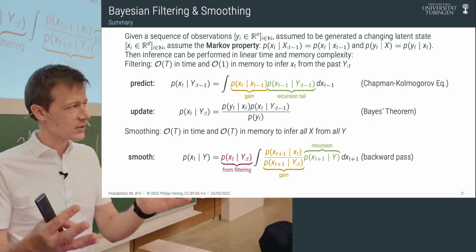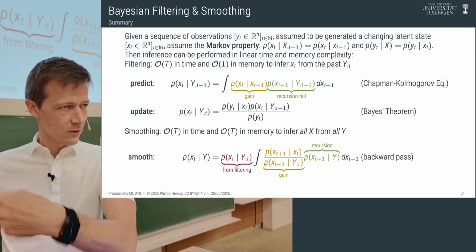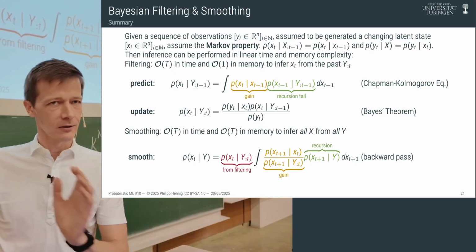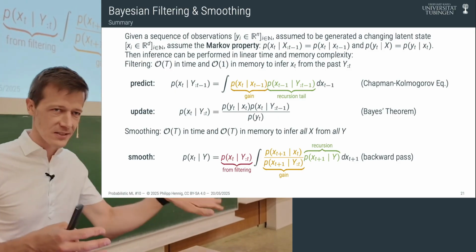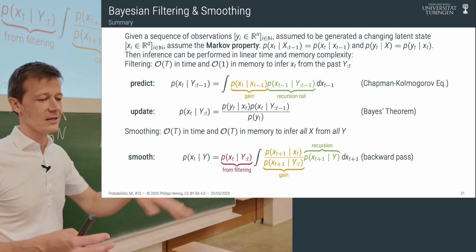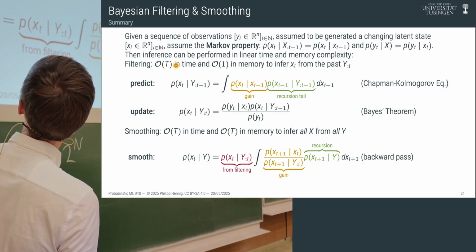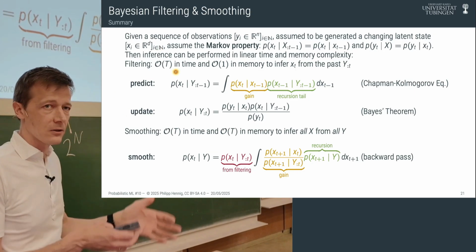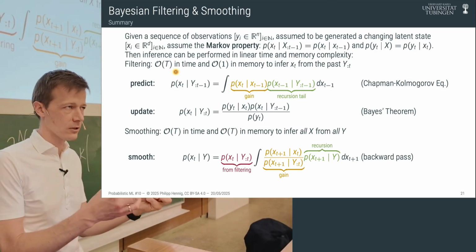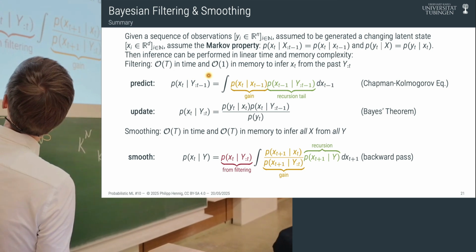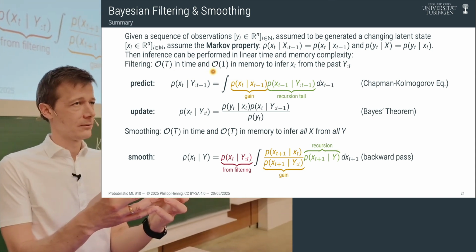So I'm mixing up a bit the nomenclature from theoretical computer science and machine learning, so it's a bit tricky. In computer science, we say time and space complexity, right? Where time is compute time and space is memory, length of the tape. Here, we have to be a bit careful because time now also is this thing that we're modeling our sequence over. So I'm going to call this linear in the number of steps the algorithm has taken, the number of time steps, when we talk about the computational cost, and constant in how much memory you have to keep around.